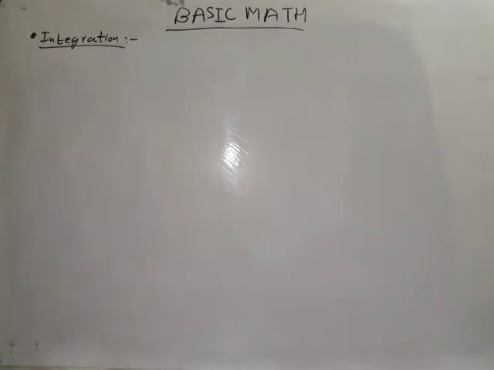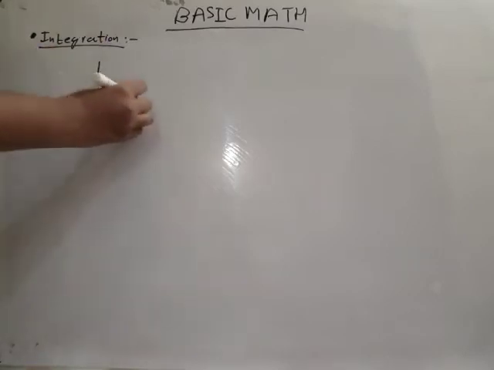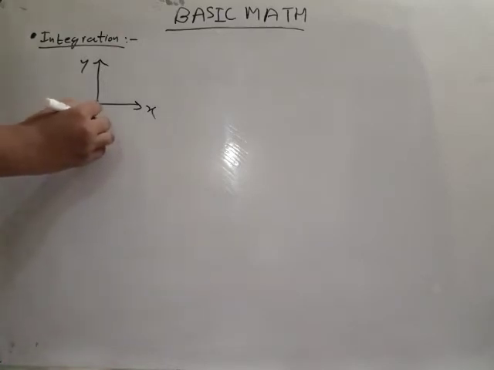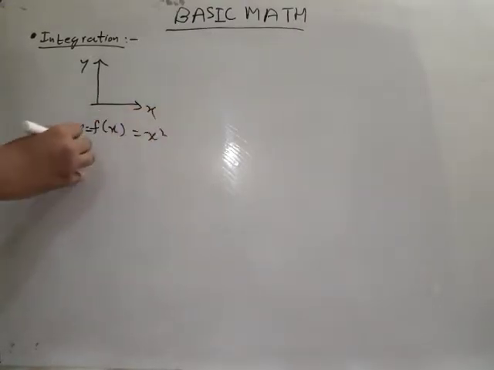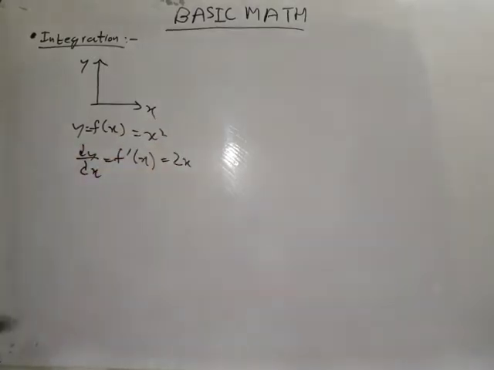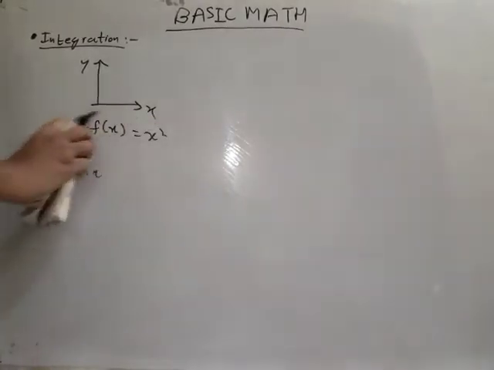What does it mean? In differentiation, suppose in one graph of y versus x, we deduce the term we have been given as a function. Suppose if we have a function y equal to f(x) equal to x square, then if we differentiate the function, it comes out to be dy by dx equal to f dash x equal to 2x. So we see that the power has been reduced. Okay, but in integration what we do,